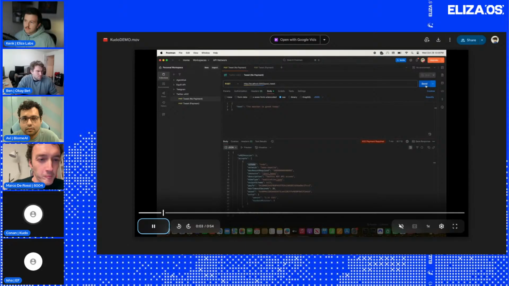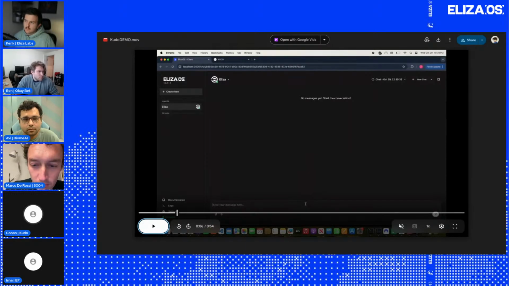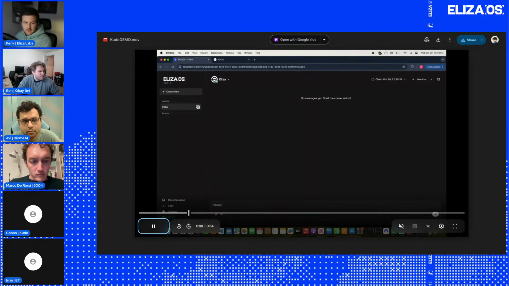And we have also created an agent. So in the future, this agent will be registered on ERC-8004 identity registry, just for everything to work. And we're gonna task this agent to post a tweet. And in the backend, what this agent will do is to use the MCP server's service and also pay the MCP server using the Kudo CNFT, right? So let me run that.